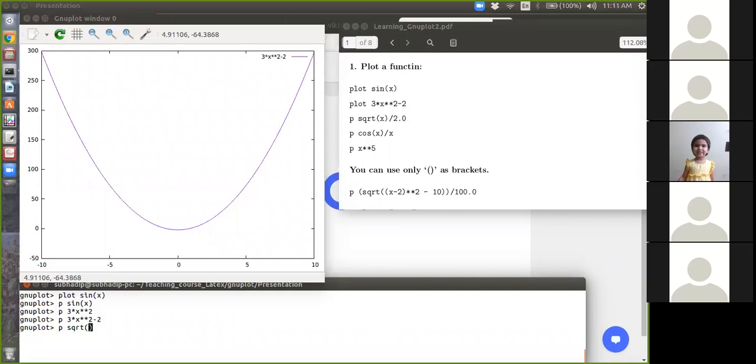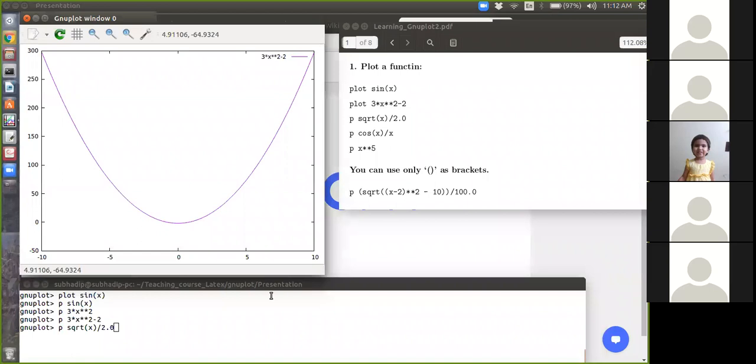LaTeX command. So x, okay, by 2.0. You can see whenever I use the operator by, divided by, I will suggest to make a decimal point after the number. So if it is already fraction, then it is fine. If it is integer, please write 2.0, 3.0, 25.0 kind of. Otherwise, some problem occurs, it will take some time for integer. Okay.